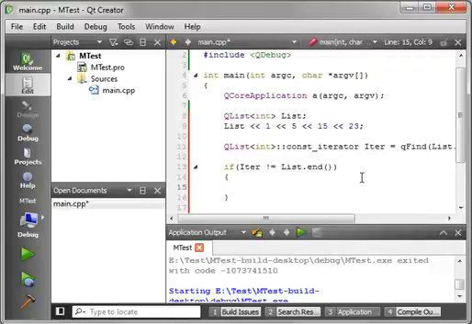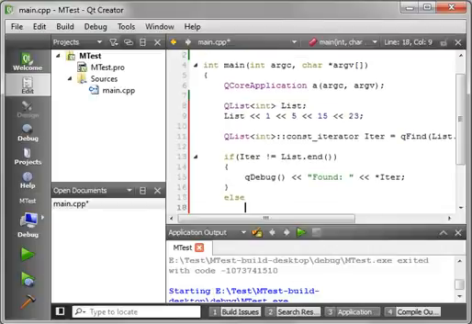So if it doesn't equal list.end, or the end of the list, which is right here after the 23, then we found a value. So we'll say qDebug, and let's just say found, and we want to actually print the value out, so we will say iter, because remember this is a pointer,